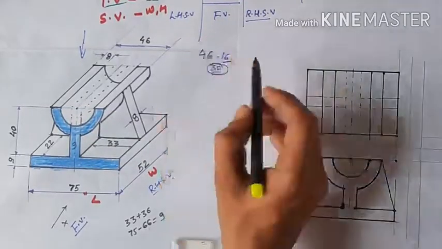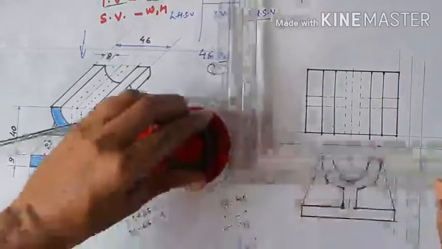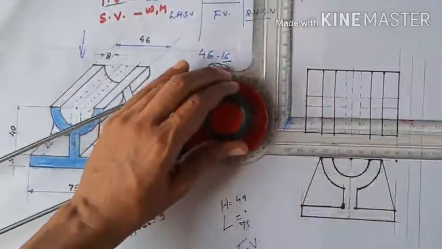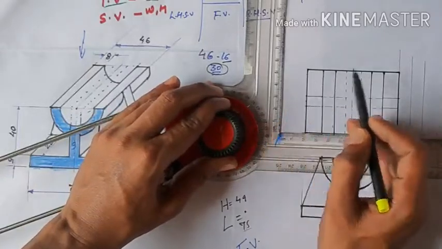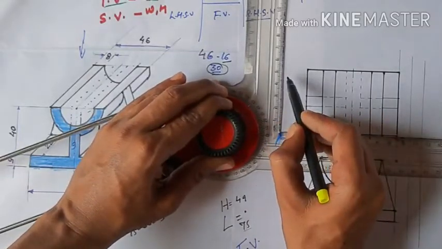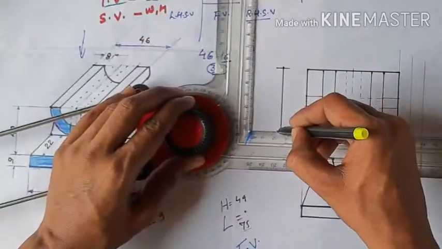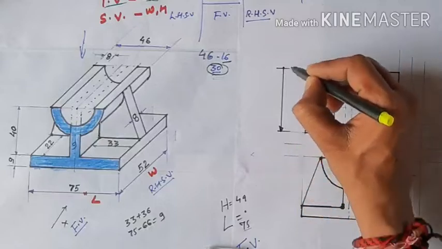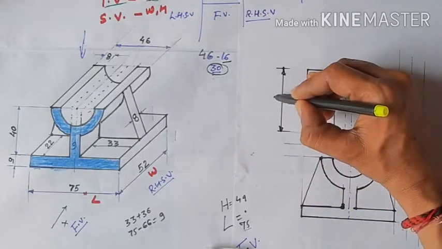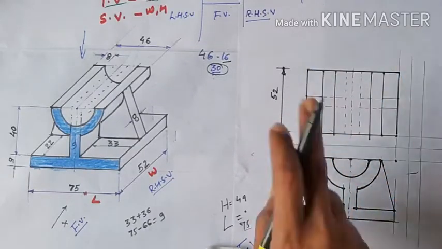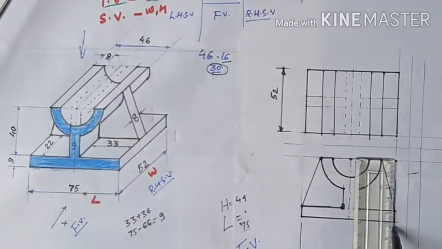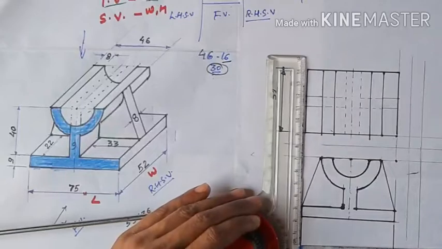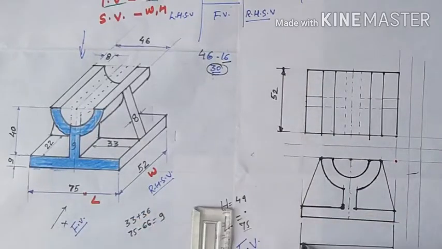So what we need, firstly we draw a 75 long line. So this is your, now firstly we put a dimension. So this is your 52 mm, like this. Okay, so this is your 52 width, and this is your length, the total length, which is shared by front and top. So this is about 75 mm, like this.